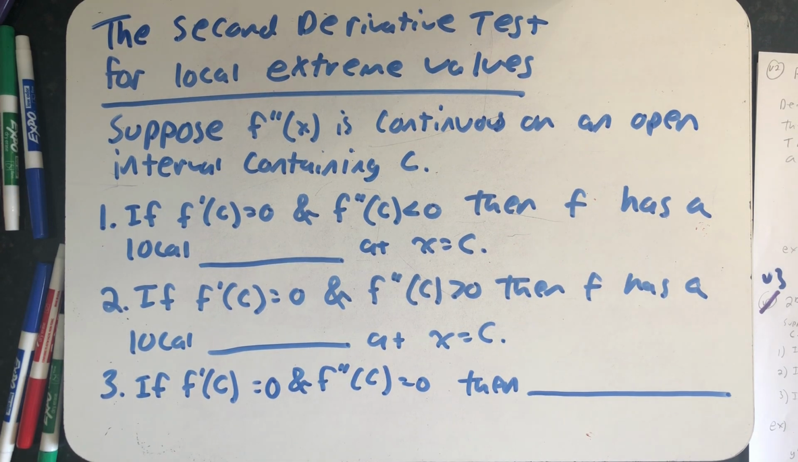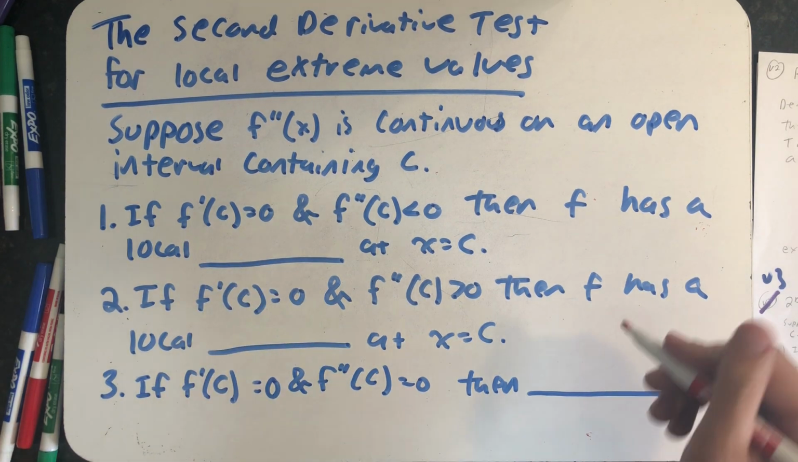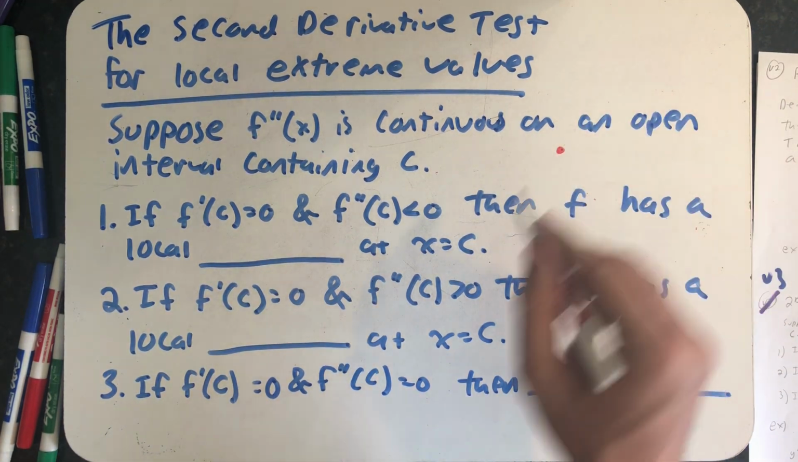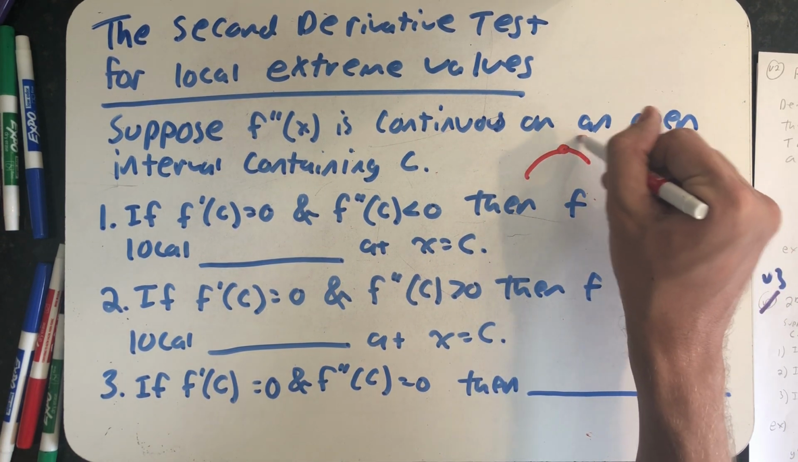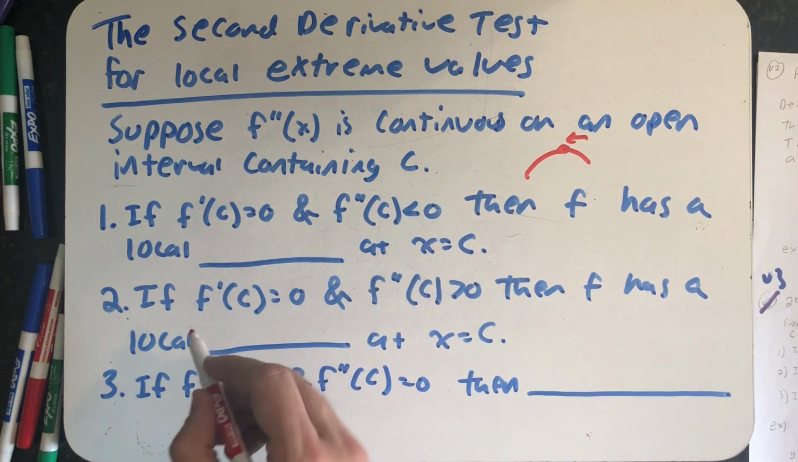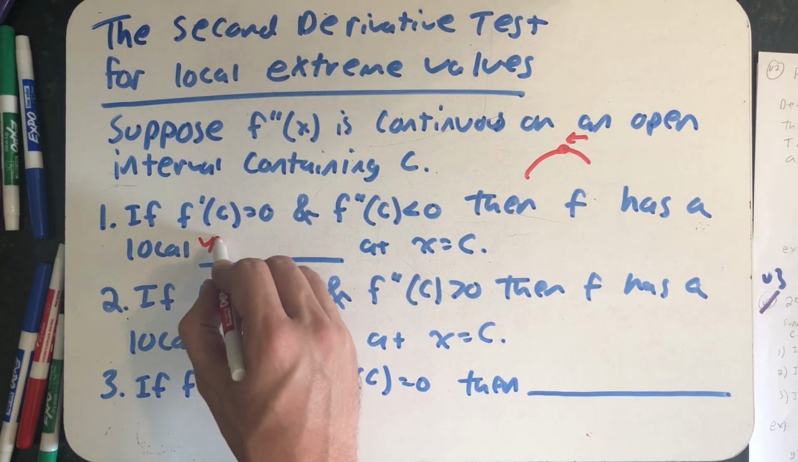Okay, so the big reveal. If I have a critical point, f prime of c equals 0, that tells me I have a slope of 0. Put that together with a concave down shape, and that means at that critical point I must be at the top of a hill, which means there is a local maximum